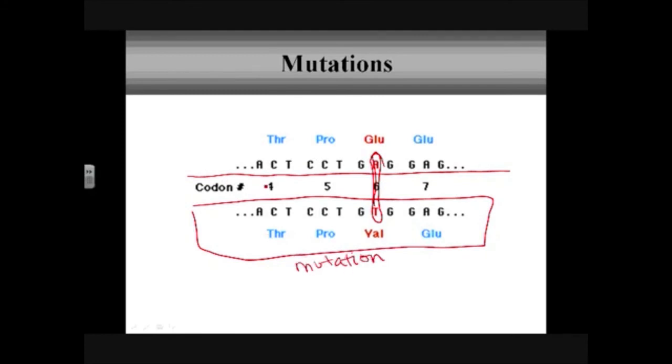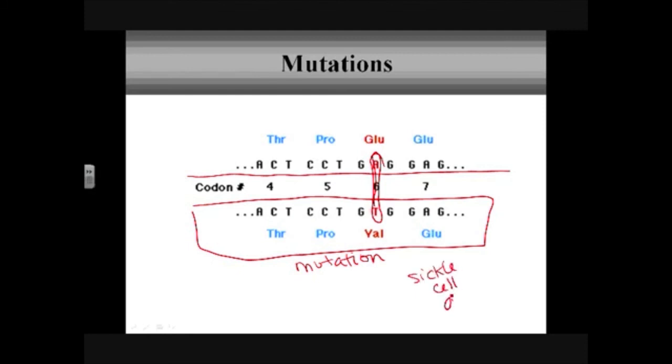These are codons 4, 5, 6, and 7, so you still have 1, 2, and 3. And what actually happens is that when this one single adenine is changed into a thymine, what actually occurs